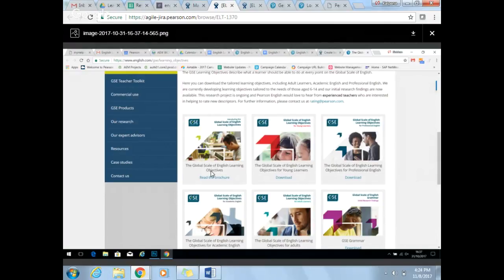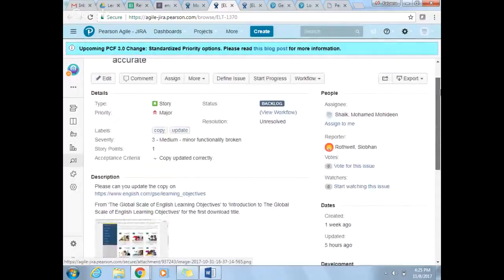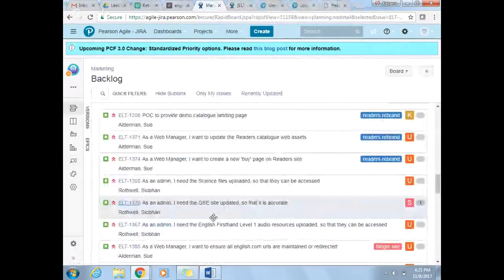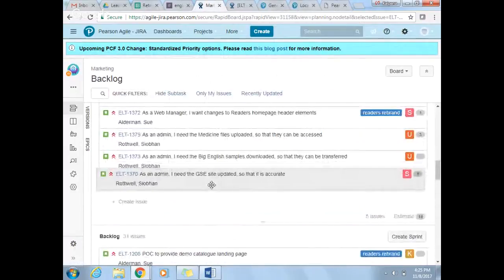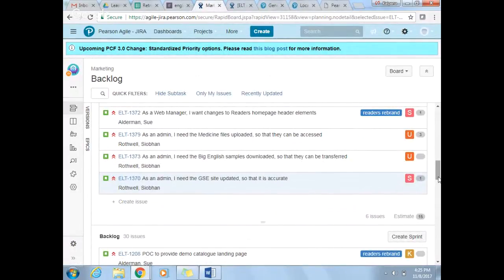Sorry, I'm going to get Siobhan to ask because I haven't really understood this one. Do you want us to change the title of this PDF, which is now "Global Scale of English Learning", into "Introduction to Global Scale of English", right? Yeah. Okay. So we have taken 1 point for this story. Thank you. Shape, are you okay with this? You have a designer story.